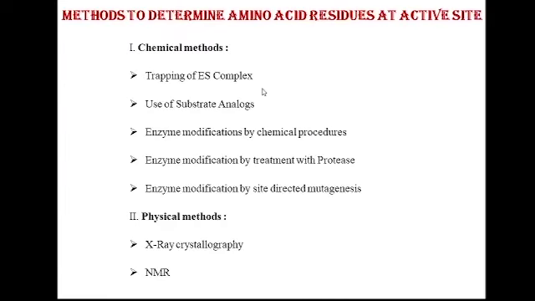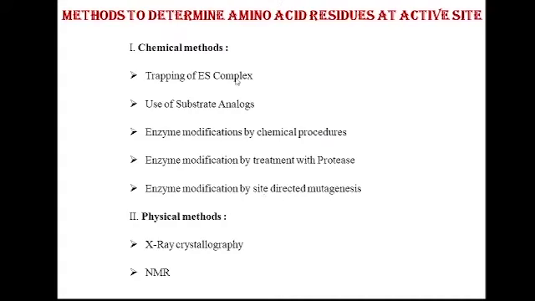The methods can be summarized as the chemical methods, which include trapping of the enzyme substrate complex, use of substrate analogs, and enzyme modifications by chemical procedures, enzyme modifications by treatment with proteases, and enzyme modifications by site-directed mutagenesis,